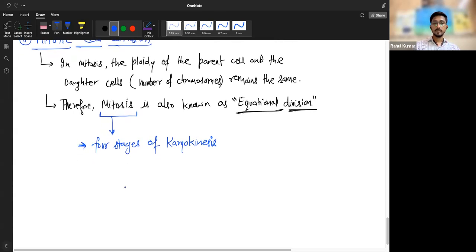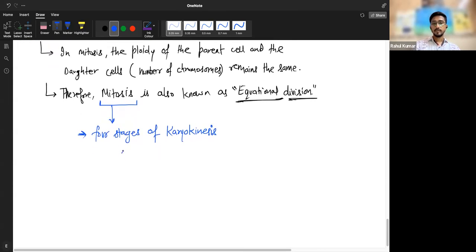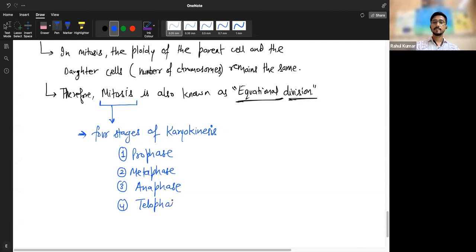And they are named as prophase, metaphase, anaphase, and telophase. So these are the stages of karyokinesis,